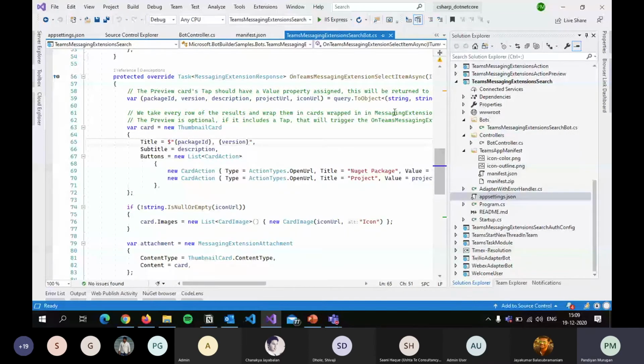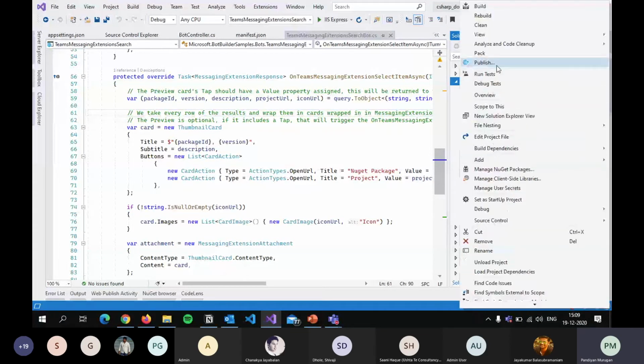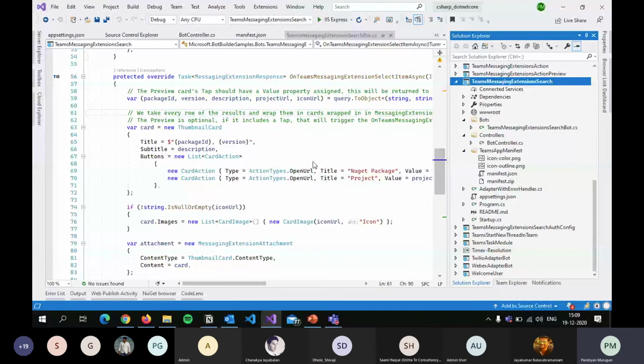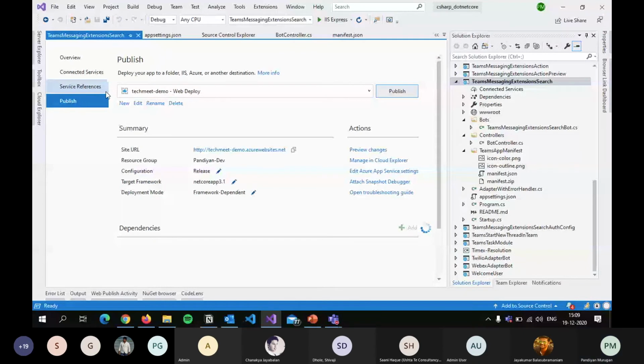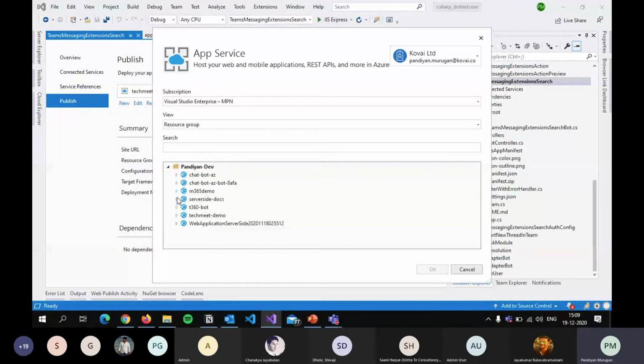Since it's .NET Core 3.1, we can even set up CI/CD for it. I'm just going to create a new one, select existing. So it is M365 demo. I'm publishing from local, and I'm not sure whether it will deploy in the first go because it depends on the internet, I guess.